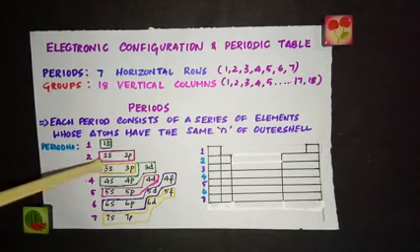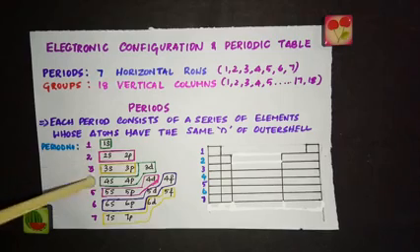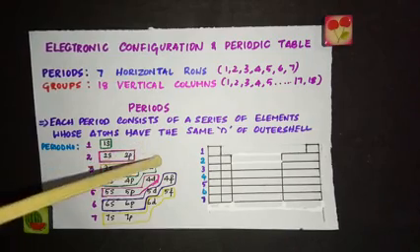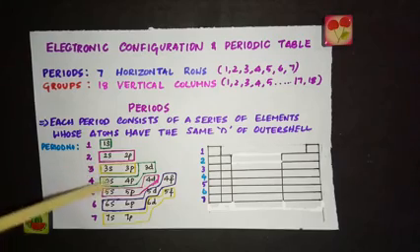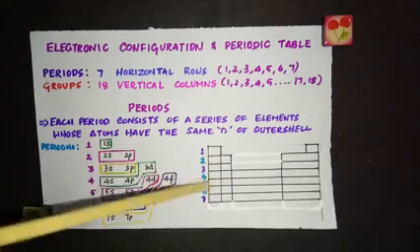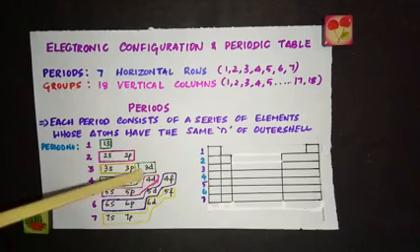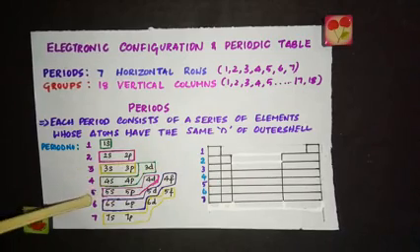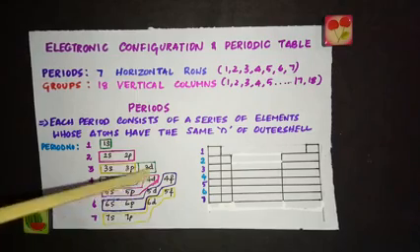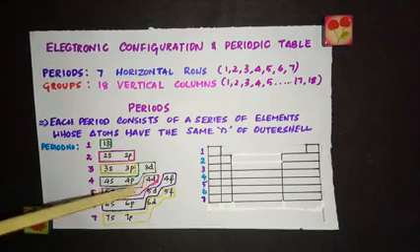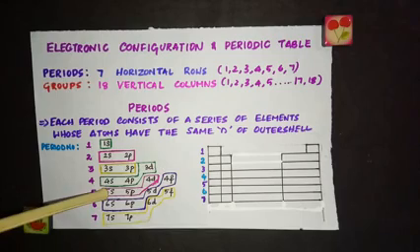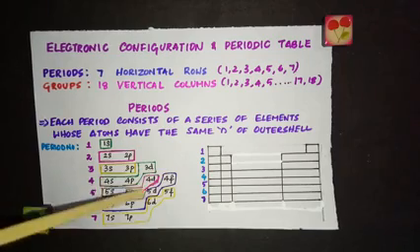Third period, we have 3s and 3p. And in the fourth period, see, 4s, 4p and 4d will be filled. Actually, the order will be 4s and then 3d and 4p. But in the fourth period here, we have elements in which these orbitals are filled. And in the fifth period, we have elements in which these 3 subshells are filled. Actually, when it comes to orbitals, the number will be different, which I will be explaining now. So just look at the subshells which are filled in each period.